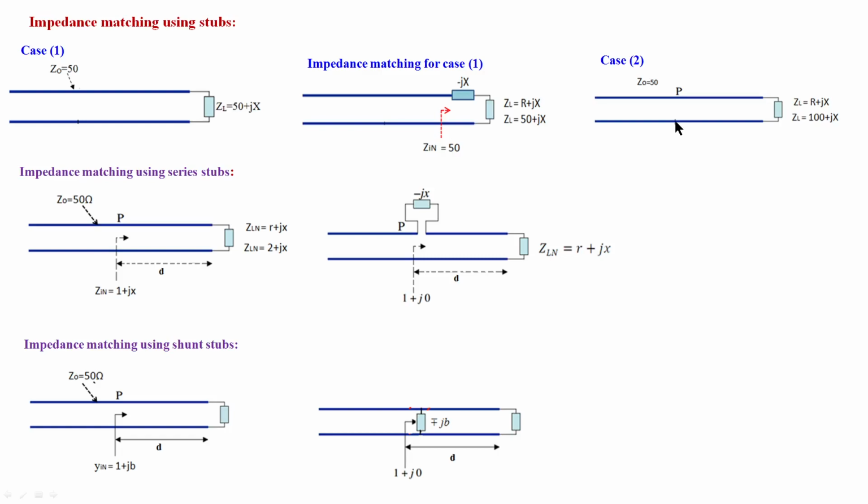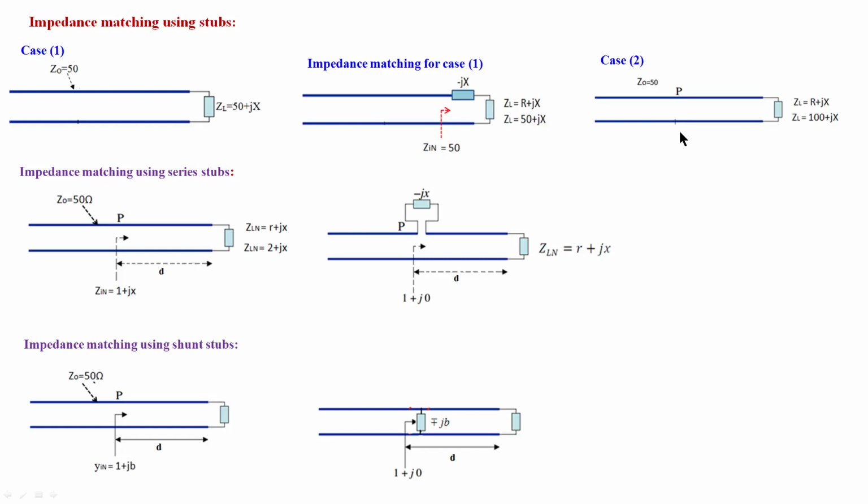At some position you may come across a point where the real part becomes 50 ohm. Here, it is given that the load itself has 50 ohm, but it is not; the real part is not 50 ohm. In such a case, we should move over a transmission line like this. Wherever the impedance changes, the real part changes and the reactance also changes. Whenever you come across a real part of 50 ohm, you stop and note down the reactance value at that position. At that position you connect the opposite reactance, whatever you found here.